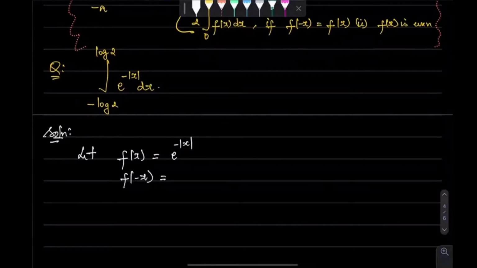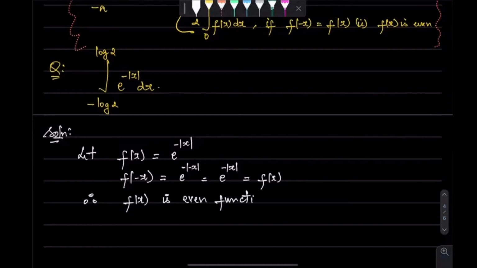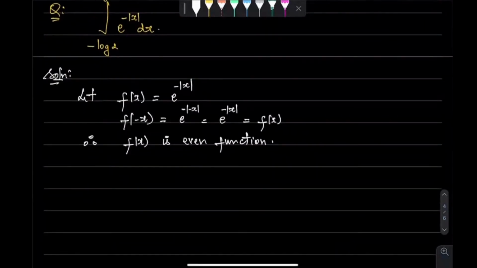f of minus x is e power minus of minus x mod, which is equal to e power minus mod x only, which is equal to your f of x. So therefore, f of x is an even function. So what happens to your I? Therefore, your integral